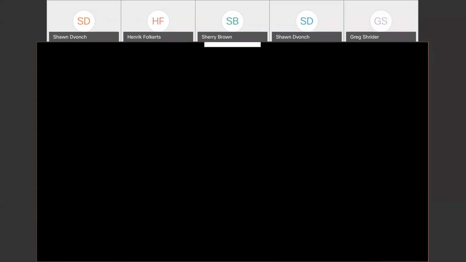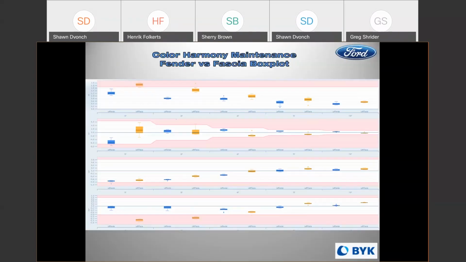And then finally, this is one that I like. I'm a fan of box plots. And so what I can do is take a look at fender and fascia over time. I can look at my range of samples, I can look at my stems. Am I more susceptible for the fender to move light, or is it more susceptible to move dark in a particular angle? And then what's kind of nice there is that we almost get these nice pink filters